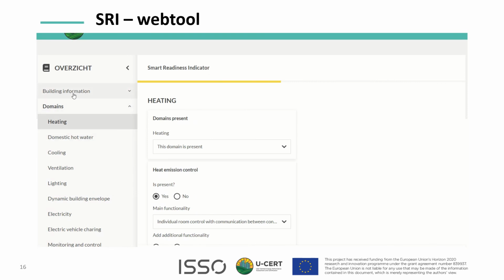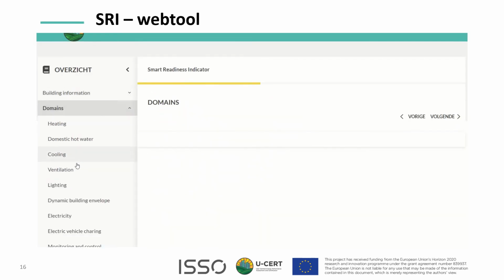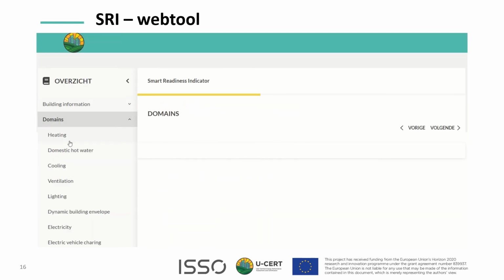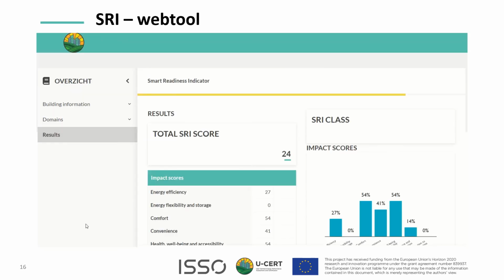So once the building information and all the domains are filled in, then the output data are obtained. The main one is the total SRI score, which is immediately obtained and which provides how smart ready the building is. We also have other